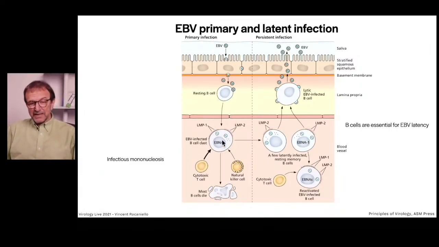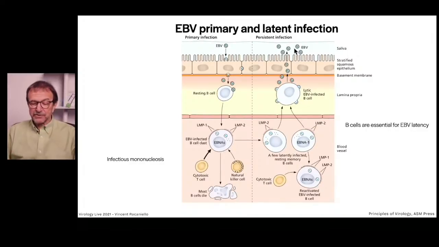Eventually, many of the B cells are killed by infection, but a small fraction are transformed into resting memory B cells. And periodically, these will become reactivated. Many of them can be killed by the cytotoxic T cell response, but a fraction will escape killing. Here we're looking at the blood vessel down here. The B cells will go into the subepithelial tissues. They're making infectious virus, which then infects the basolateral domain of the epithelium, and then you shed virus in saliva